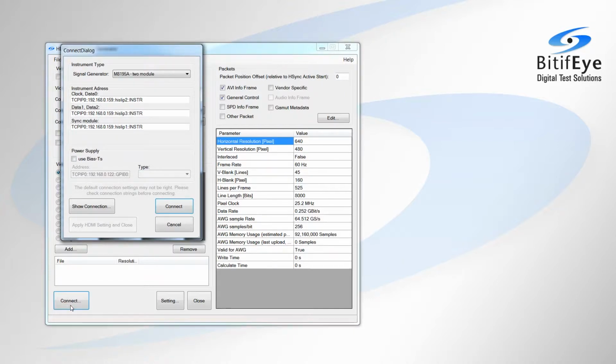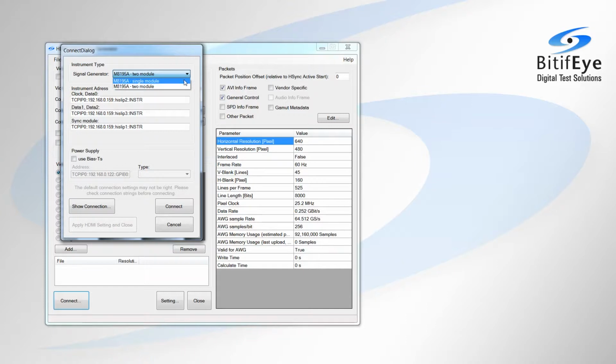We have the choice between two different setups of the M8195A, either with two modules or with one module. Single module means we can connect all HDMI lanes using one M8195A module. Two module means we can connect two lanes per module. In this tutorial, we will focus on the two module setup. This is required to perform the compliance tests. However, as this is a debug tool, we can also use single module in order to do some debug testing